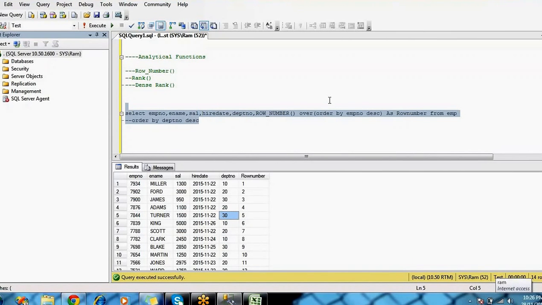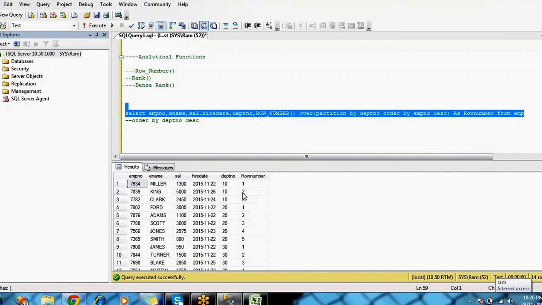Okay. So in that situation, if you want to do this partition, you are going to partition based on the department number. So you have to write partition by department number. If you execute this, what happened? You can see that for each department it is giving the sequence number.